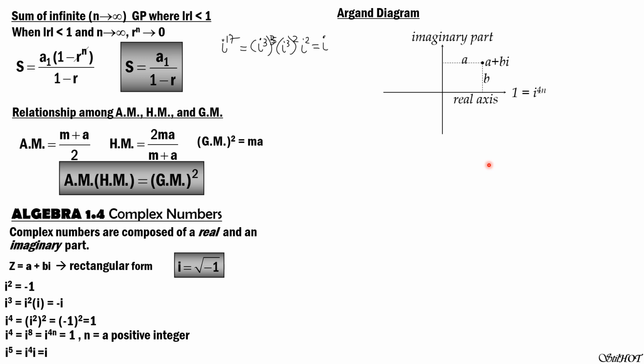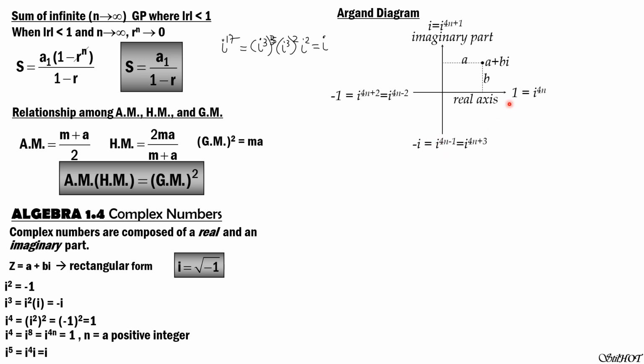Then, because the counterclockwise direction is the positive direction, this i here is equal to i to the 4n plus 1. Then this is -1, which is i to the 4n plus 1 plus 1, or i to the 4n plus 2, or simply i to the 4n minus 2. And of course here it's -i, which is i to the 4n minus 1, or i to the 4n plus 3.